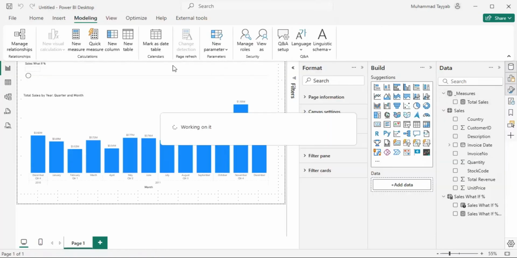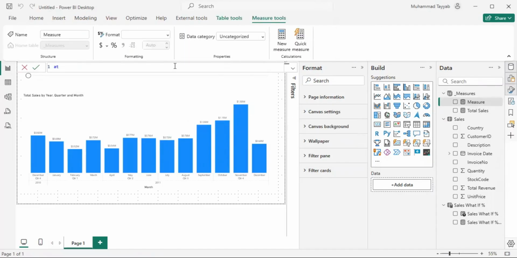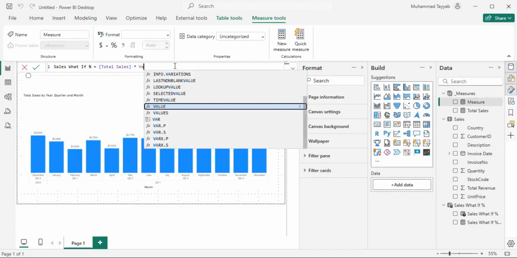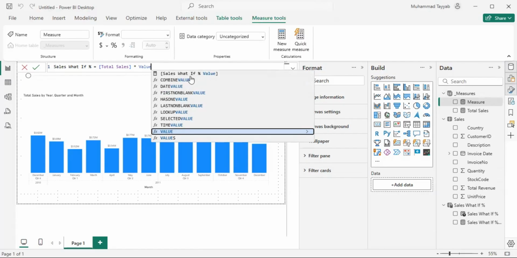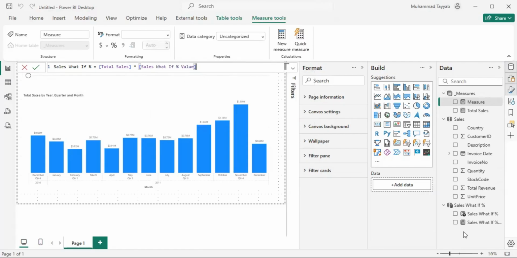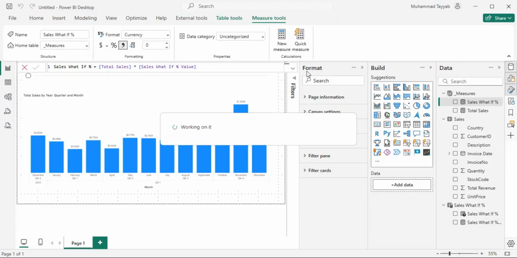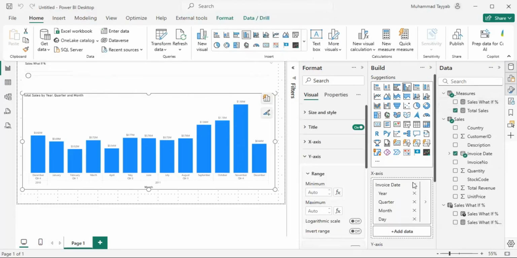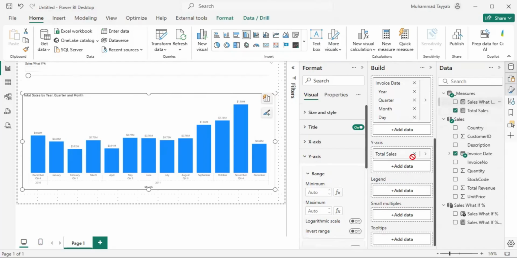So I will now create a new measure named what if sales, what if, let's say, percentage, and I will just refer to total sales that I've created, and I will multiply it by what if sales, what if value, the one that the what if parameter created for us. And I can also convert that into currency and also round off to be consistent. Okay, so this is my total sales in the what if parameter, and I will add this as well in